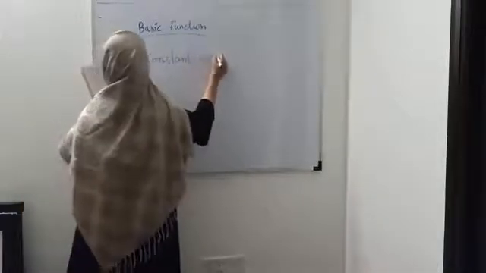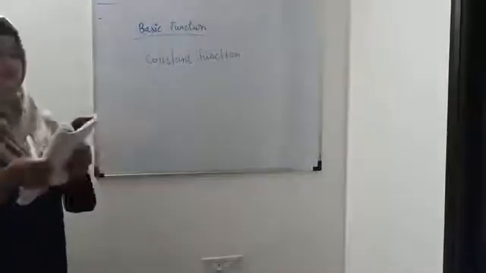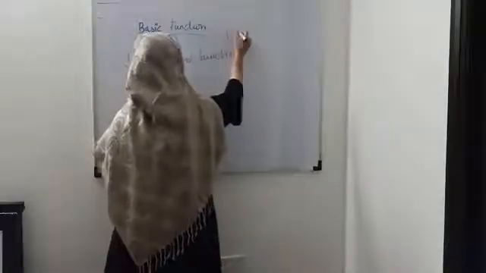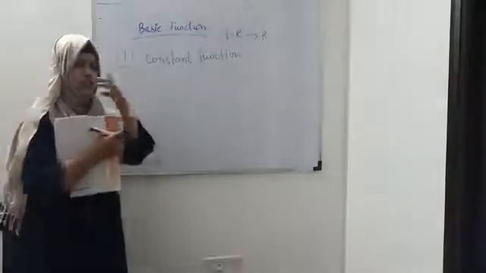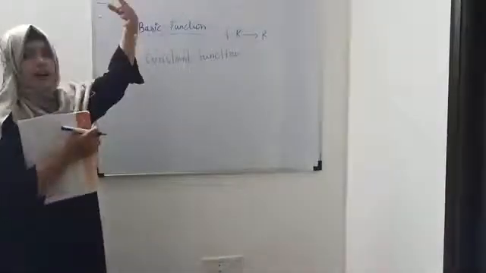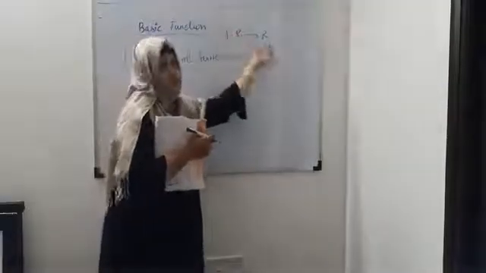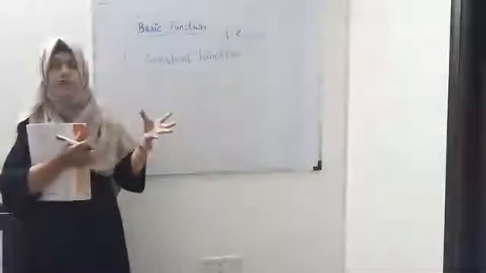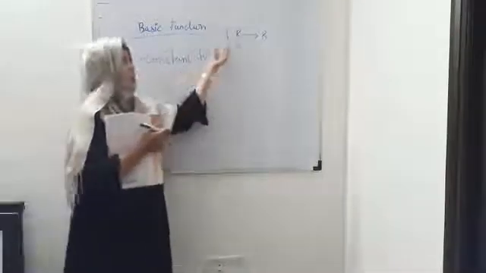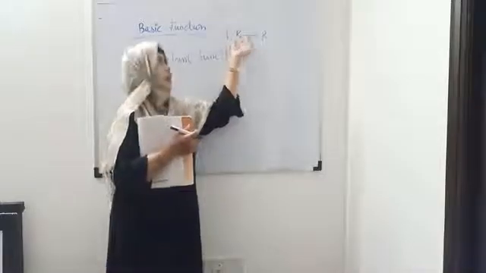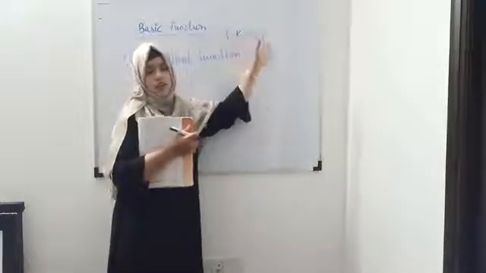So the very first basic function is a constant function. Okay, here we will take all the functions from R to R. For standard functions, we will widen our range for the domain and the codomain. Earlier we used to take small ranges, set A and set B. Now we will take the real number set R and R. So your function will be defined over R and R.